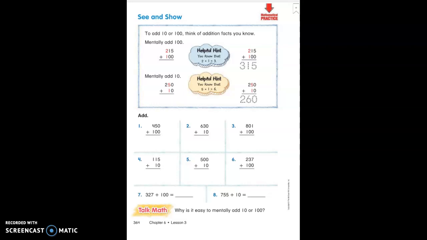So think about your hundreds chart, and if you have your hundreds chart still from your math folder, you can get that out, and that can help you a little bit with the tens. But if we look at the top here,